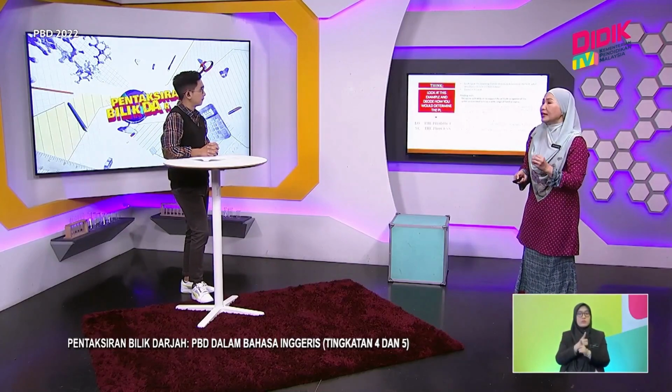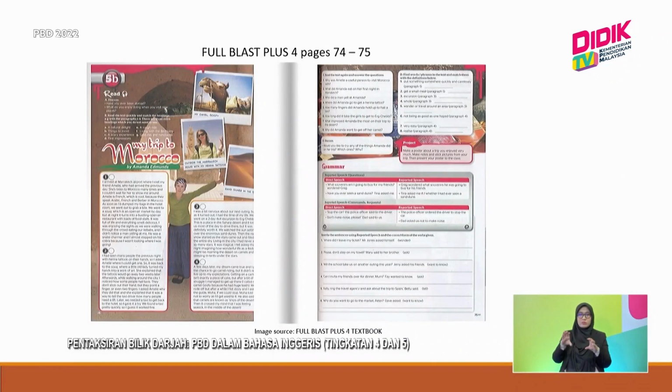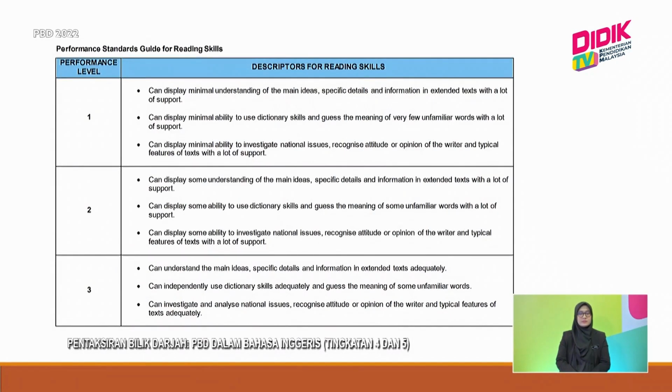Again, they need to identify the correct headings, which is activity B, and the third SC, they need to complete activity C, which, if you look at the textbook itself, that's a sample of the textbook, there are in total 12 questions the pupils have to try and attempt on their own. Okay? All right. Now, looking at the descriptors for reading skills, if they display minimal understanding of the main ideas,